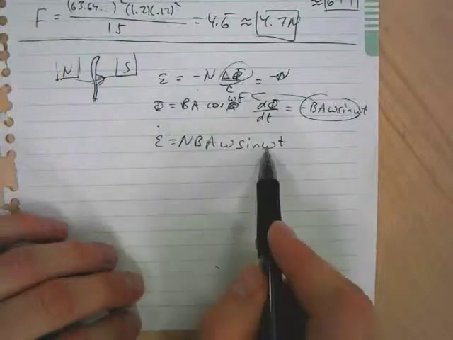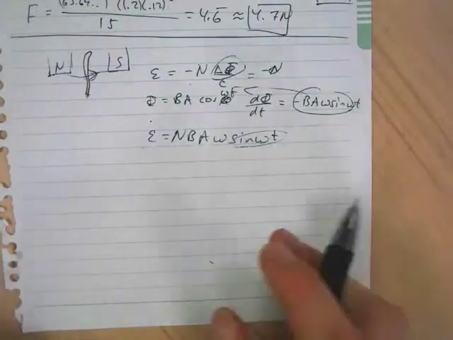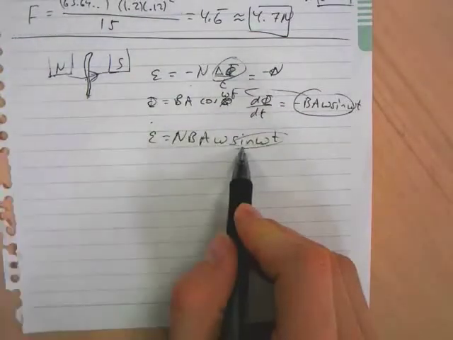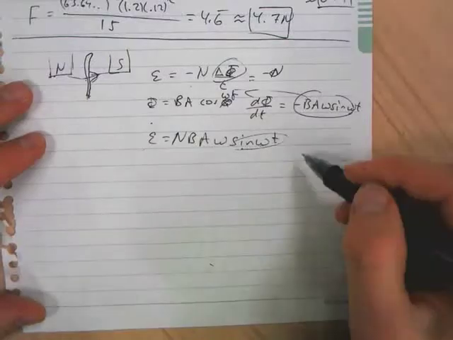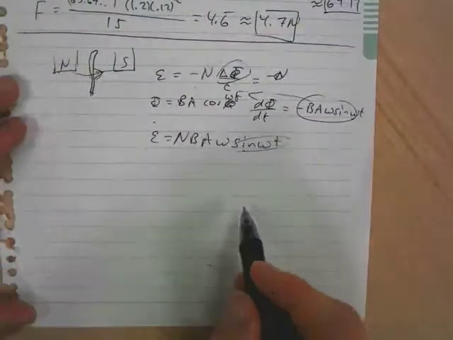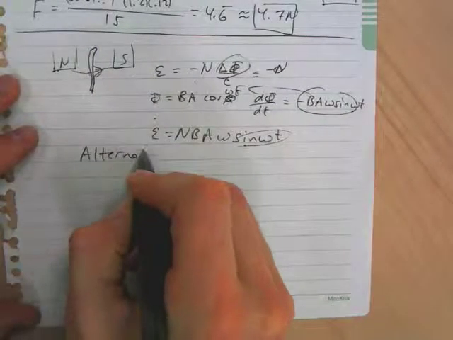N B A omega sine omega t. That is the EMF generated. Now this is a sine wave, so this is not like the currents that we've been talking about up until now. As t progresses, this will oscillate. The sine omega t will oscillate between -1 and 1, and this generates what is called an alternating current,